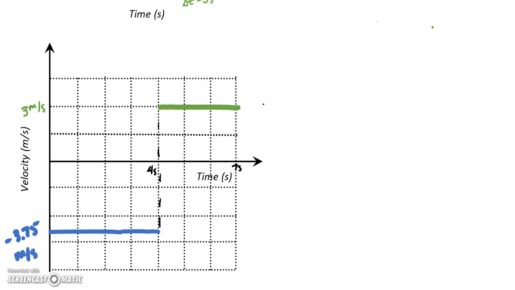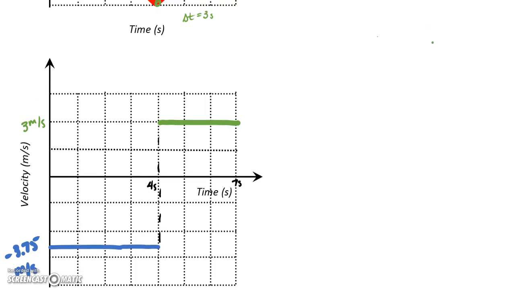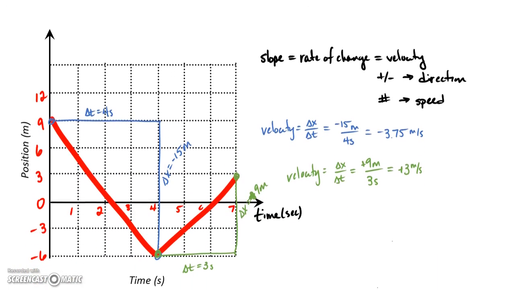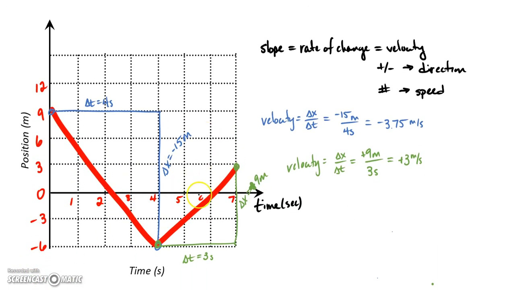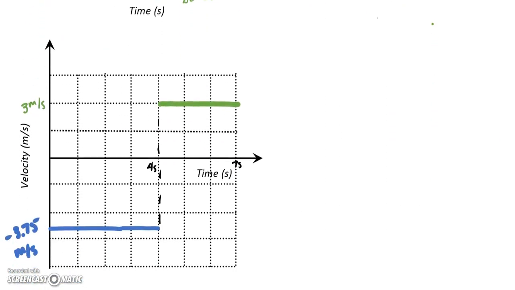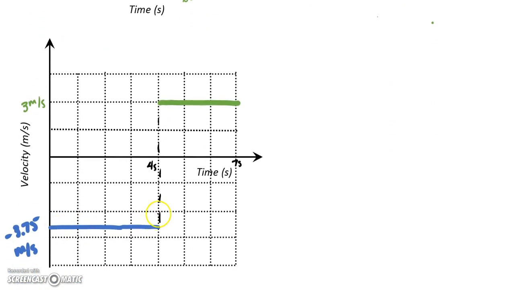And so this is how you would take the information that you got from your position time graph over here, and then you could translate it after calculating these slopes. You've calculated the velocities. Make sure you do it right. Don't be like me. And then you can just fill it out. And they should be flat lines. Okay? So one thing to keep in mind is that these are flat lines